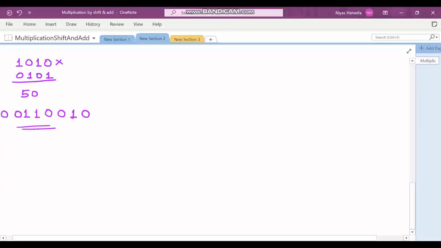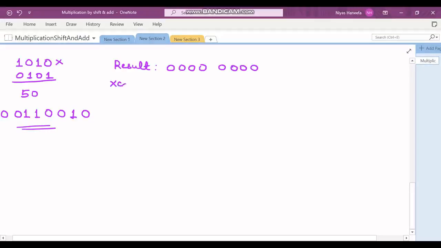So let us see how we can do this multiplication based on the logic we discussed. We will mainly have two parameters to see. One is the result, which we will initialize based on the maximum size which we are going to get. So this is 4 by 4, so the maximum value is 8 bits, 00000000. So we are initializing that to 8 bits.